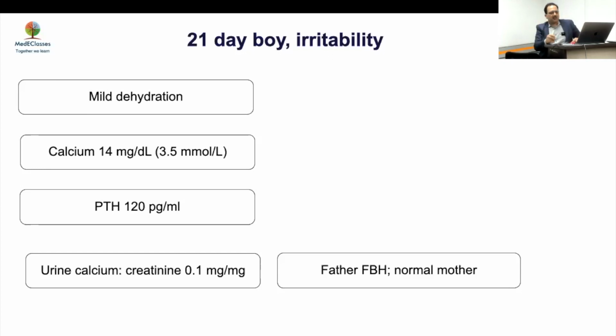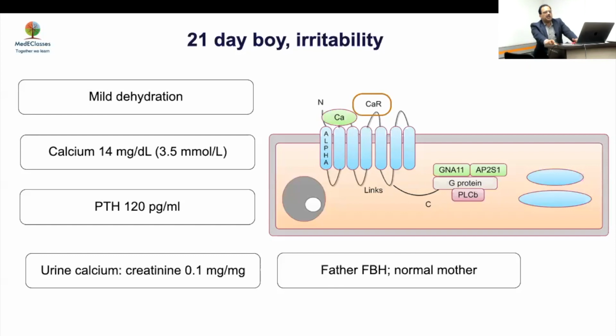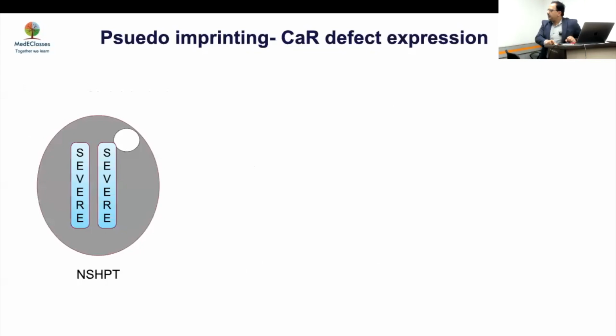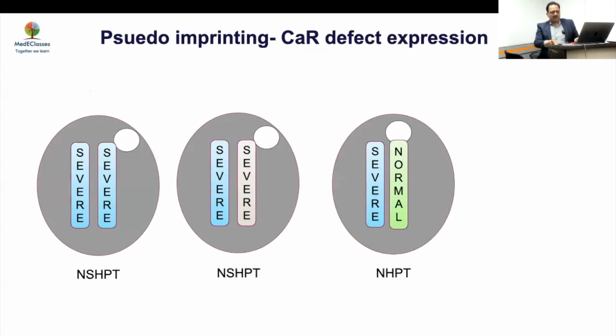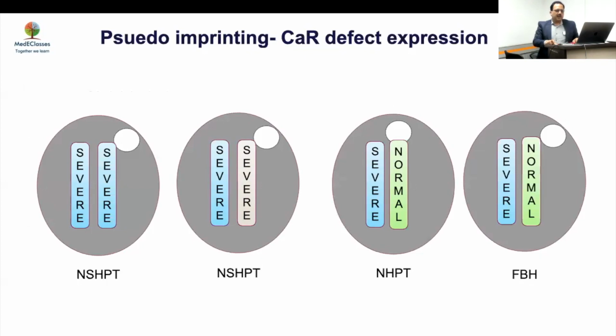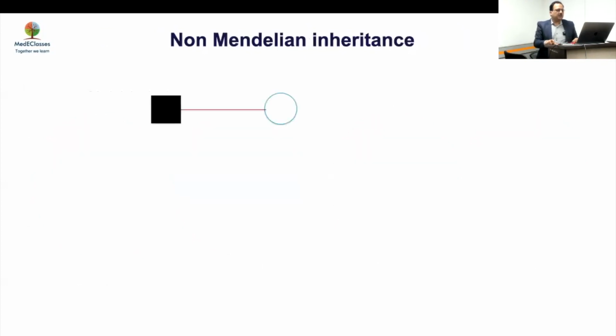Suppose it had come from the mother, what would have happened? Would he still have a problem of hypercalcemia? Why? Because the mother would also have hypercalcemia, so the fetus would not develop that stimulus. This is an important way environment can change things. It's not an imprinted disorder, but I will still call it pseudo imprinting. If it comes from the father, it becomes neonatal hyperparathyroidism. Otherwise, it becomes familial benign hypercalcemia. So this is what is there.